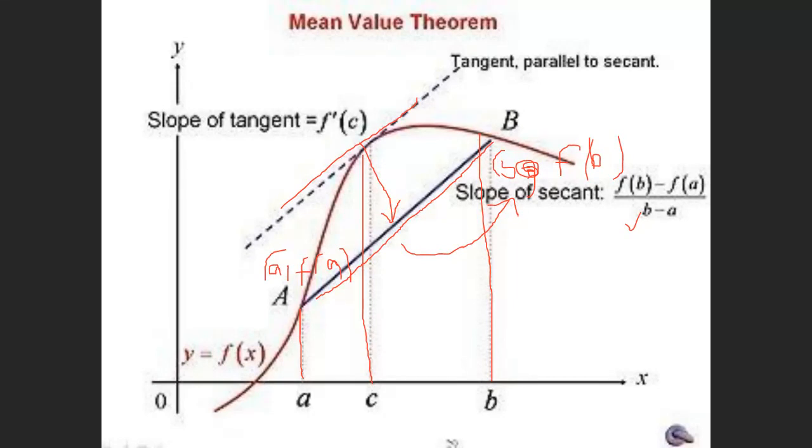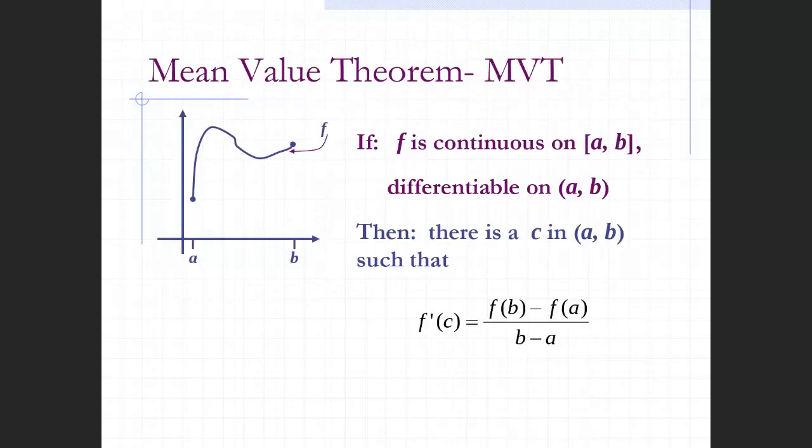So then we will apply the mean value theorem. Finally, now we will write the mathematical definition for the mean value theorem: f is continuous on the closed interval [a, b] and differentiable on the open interval (a, b). Then there is a point c in the open interval (a, b) such that the derivative of the function at that point c, you can see c is a point between a and b,